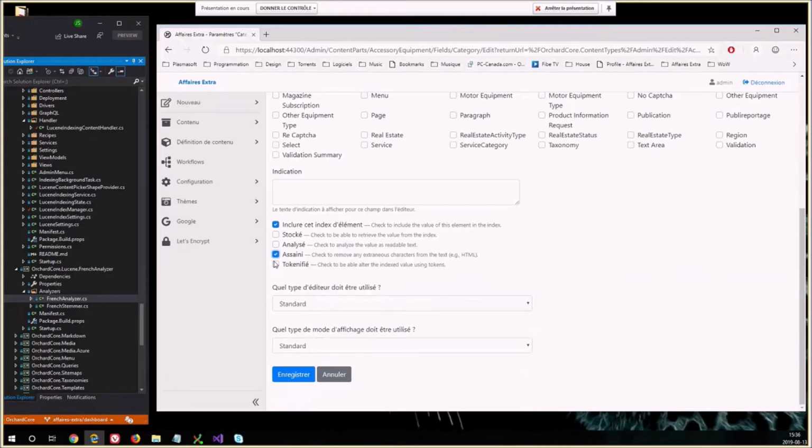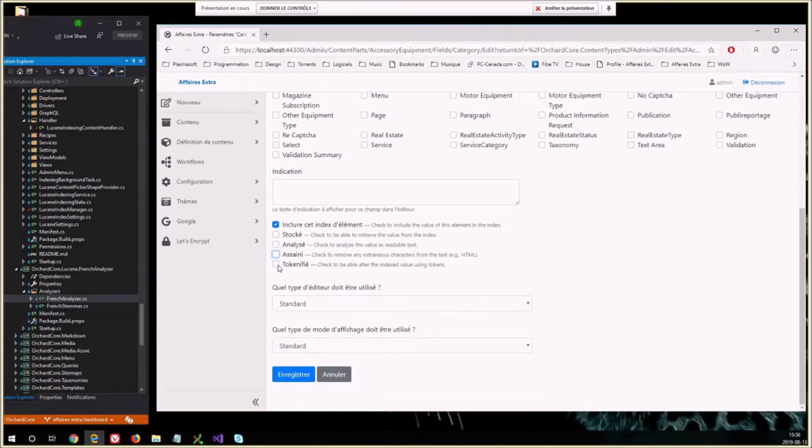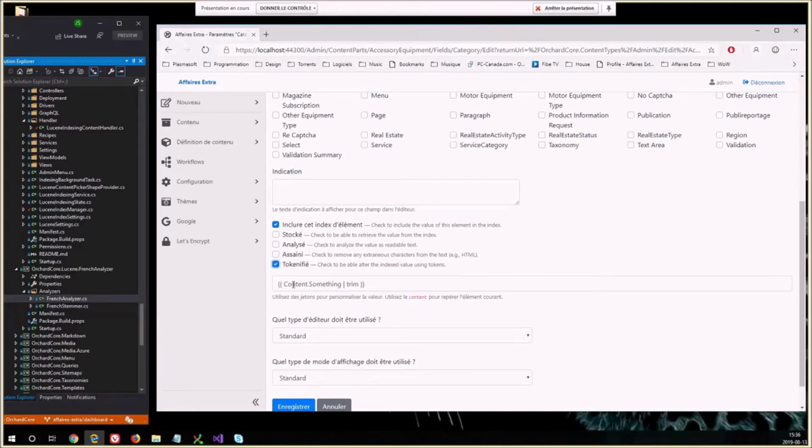It's not used, and it should be used, so we need to fix it. You wanted to use tokenize because, instead of indexing the ID of the picked item, you really wanted to index the text of the picked item. It's super useful to store the ID of a picked item in the Lucene index, because then you can search for a document that links to another item. You will do a query with the ID, so that's super useful. In this case, you will store it, and you will also be able to query it by ID.